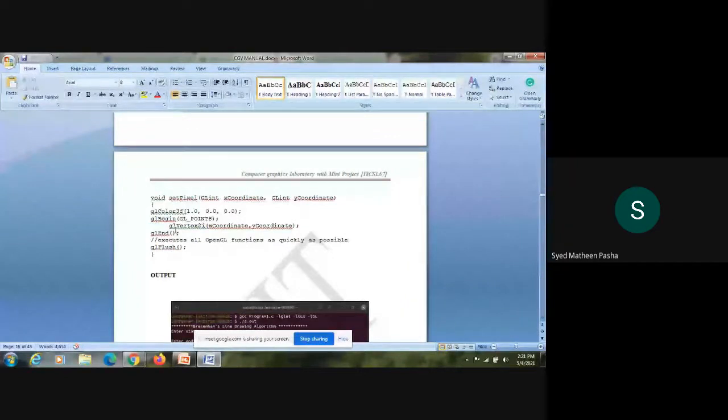I'll end the function, which executes all OpenGL functions as quickly as possible, and then I will give the glFlush function, which forces execution of OpenGL functions in finite time. This keeps on repeating there.